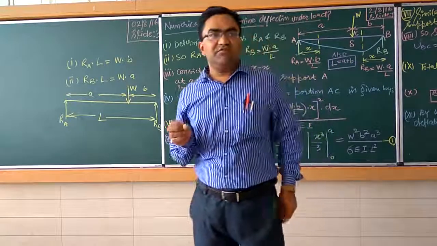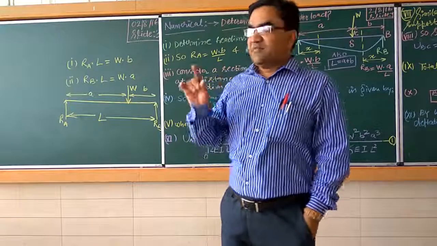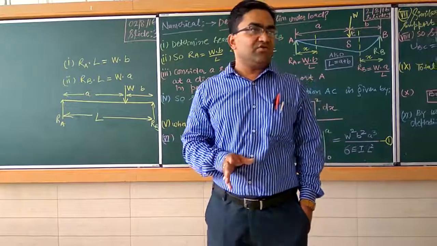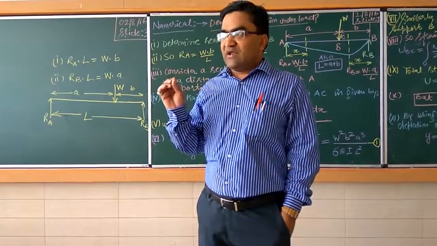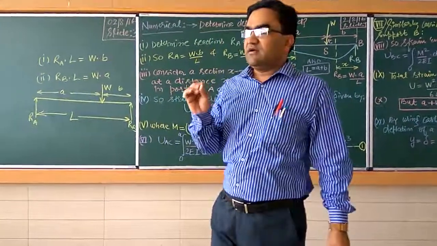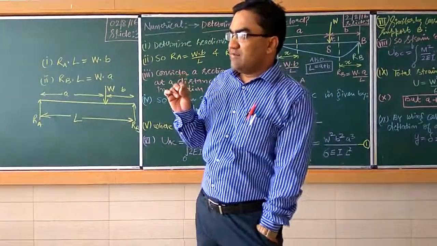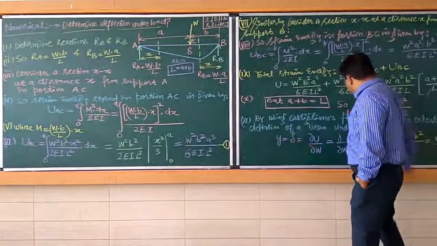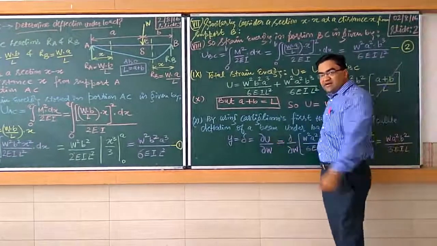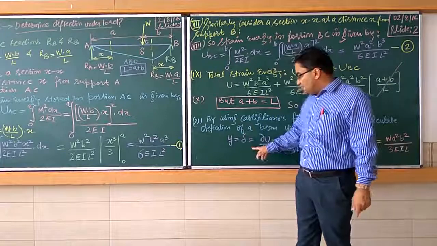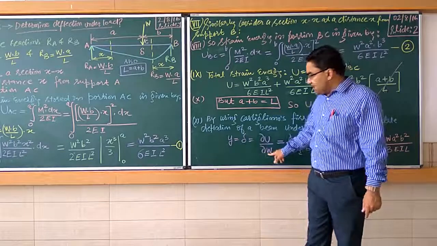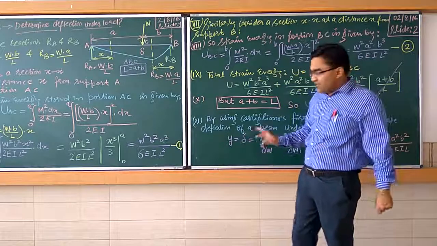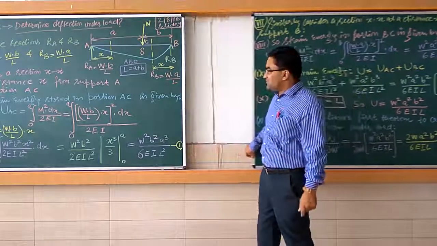So students, in today's session we will be solving a numerical based upon the Castigliano first theorem. We have already studied and derived the equation for the Castigliano theorem. As per the Castigliano theorem, to calculate the deflection due to the load on a beam, we partially differentiate the strain energy due to that load in the beam with respect to the load applied, and then we can calculate the deflection due to that load in the beam. So we will be solving a numerical based upon that.